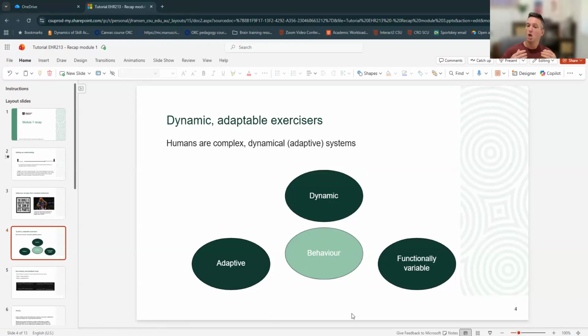What that means is that when you want someone who's skilled, or resilient or robust against pressure, you don't just want them to be robust in one single context. You want them to be robust in a variety of contexts. And unless you address that variety of contexts in your intervention, it's really difficult to make them functionally variable, or for that matter, adaptive. Right? So we want someone who can adapt to all of the outside context, to all of the constraints, and we want them to be able to do that in a functionally variable way, in a way that solves the problem at hand.